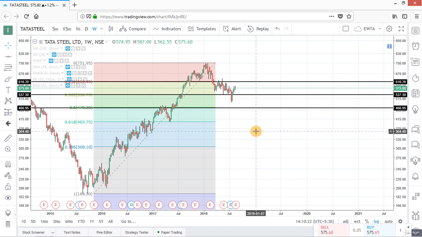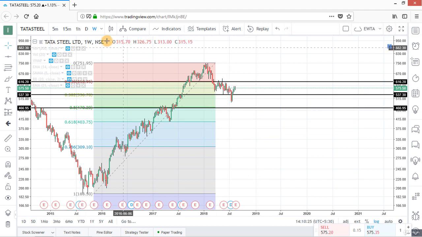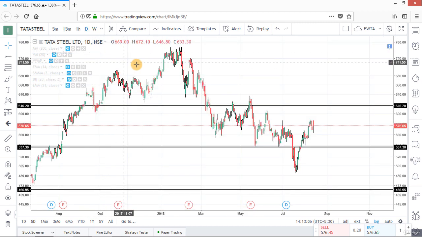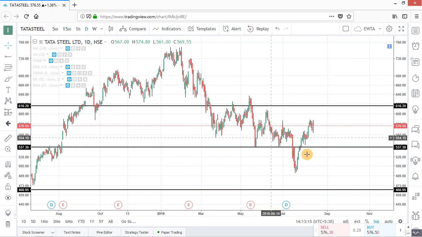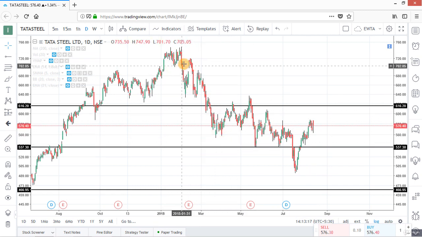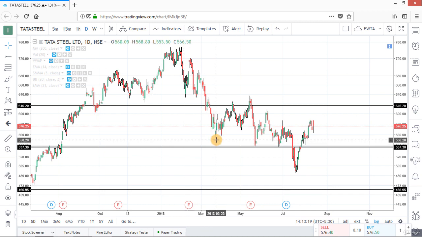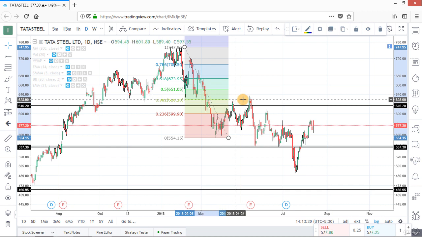Then we will open the middle time frame chart, that is a daily chart in this case. So this is the daily chart of Tata Steel and on weekly chart we are in retracement phase. It means on daily chart we are in downtrend. So this was the first swing and if we apply the Fibonacci to this swing, we can see that the stock made a 38.2% retracement. Here we will apply Fibonacci from high to low because we are in downtrend.